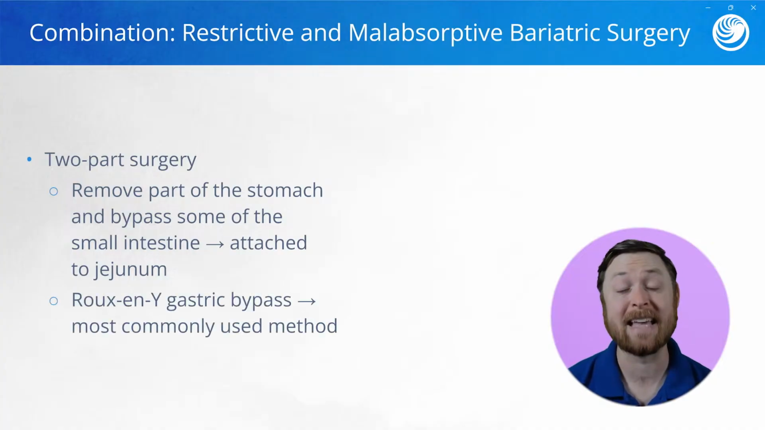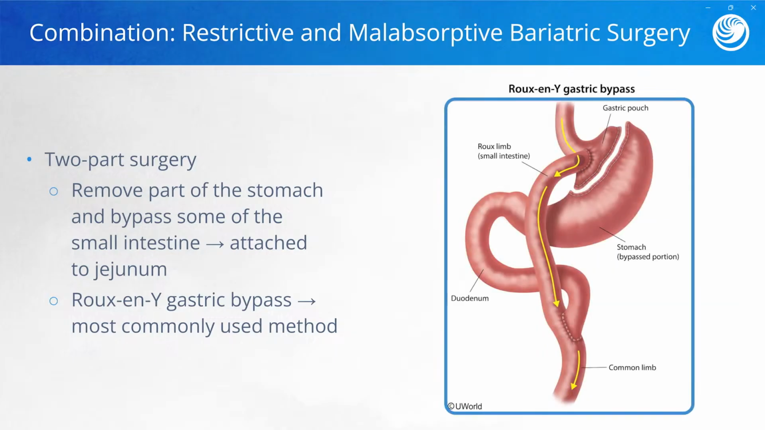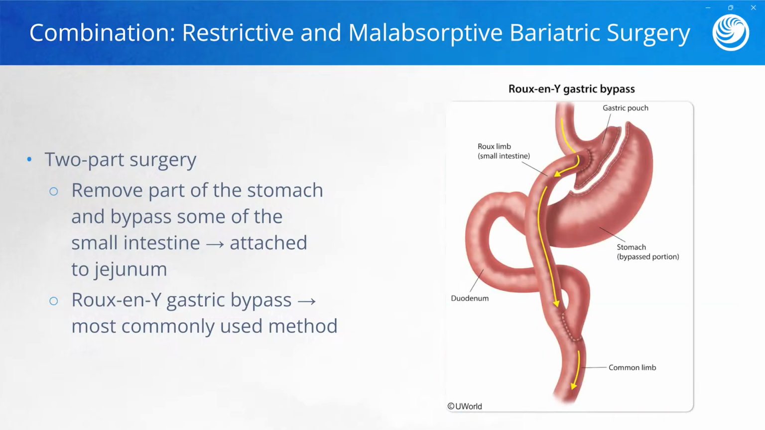A Roux-en-Y gastric bypass is a two-part surgery, which we can see in the image on this slide. If you'll notice, an incision is made to split the stomach and form a gastric pouch. This gastric pouch is then connected to part of the small intestine, which bypasses the duodenum and